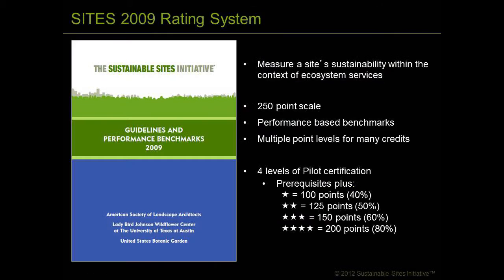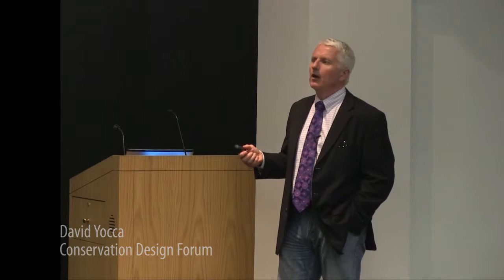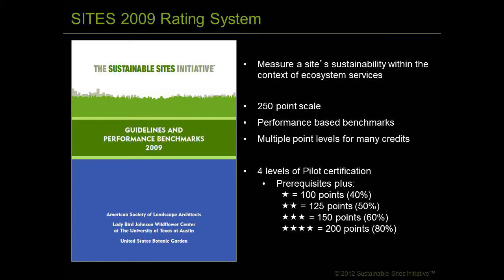The tool is set up, and this is from the 2009 guidelines of performance benchmarks, and it's evolved a little bit since then, but some of this is still the same. It's a 250-point scale, and there are some prerequisites, which you'll see, and then some optional credits, and you have to get an aggregation of credits to add up to a certain minimal number. 40% or 100 points gets you the certified, and then there are 3 levels,